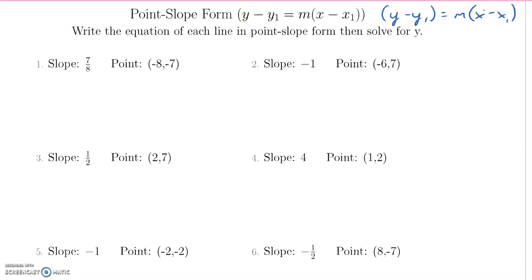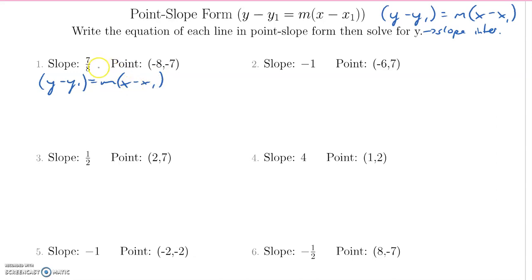But now what we're going to do is practice just piecing this together and writing it in point slope form, and then we're going to solve for y, which means actually we're going to put it into the slope intercept form, and a little practice just rearranging things. So here we got the slope, we got the point. Basically all we have to do is plug and play. So I'm just going to start by writing out my expression, which is this, and now I just have to put in the values. That's all I have to do.